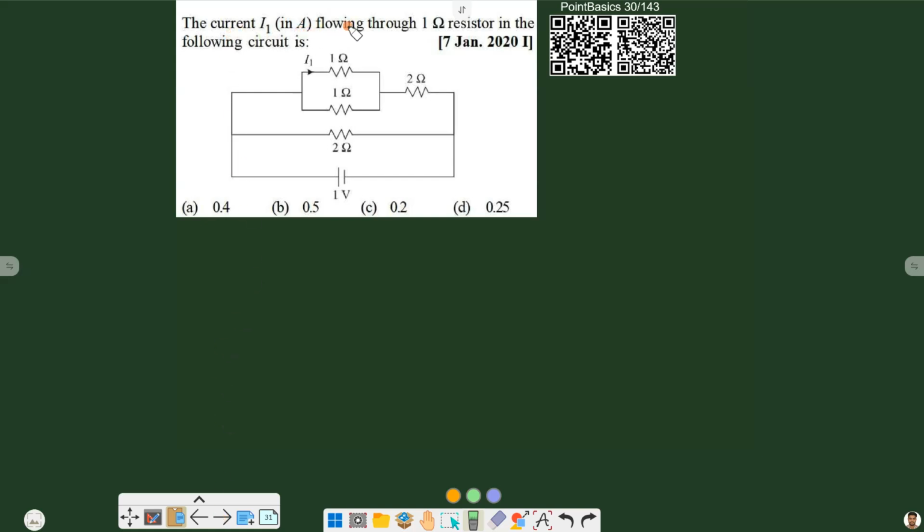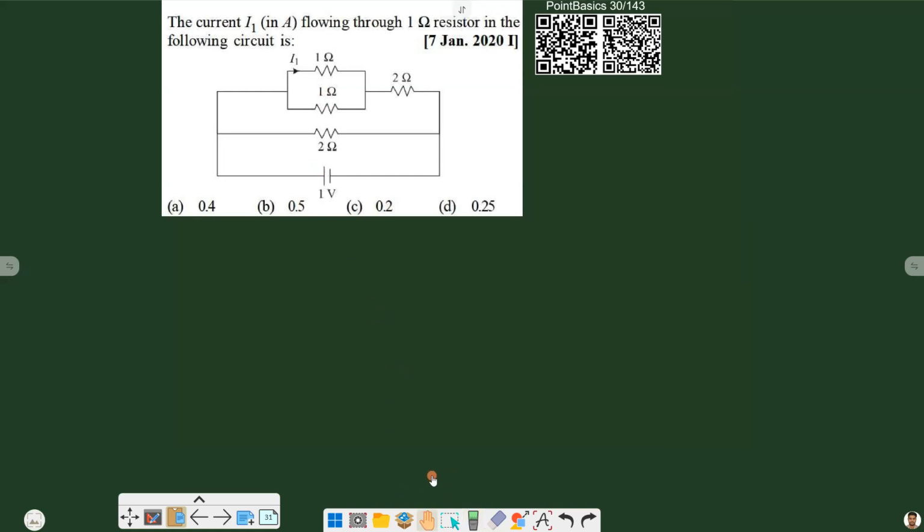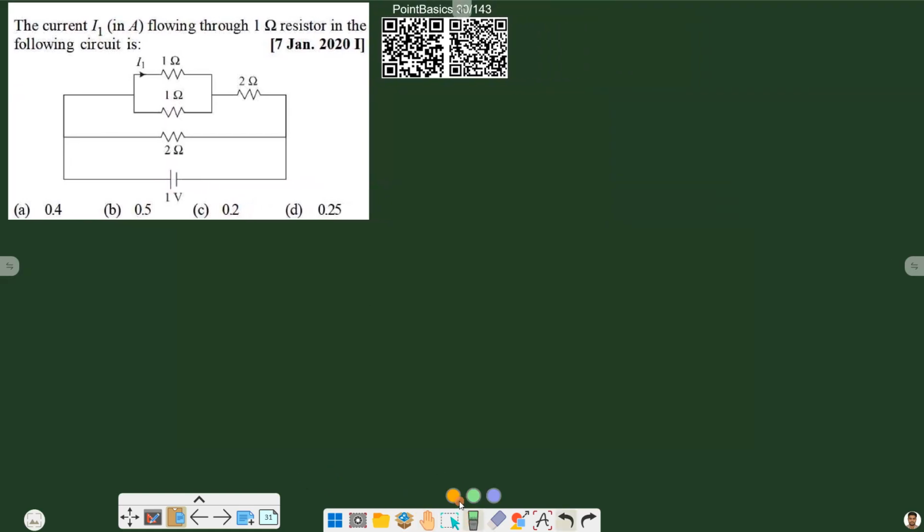Find the current I in ampere flowing through the 1 ohm resistance in the following circuit. So we have to find the current through this 1 ohm resistance. Now, as we can see from the diagram, this 2 ohm resistance and the combination of the 1 ohm parallel combination plus the series combination of 2 ohm, all of these are in parallel, and